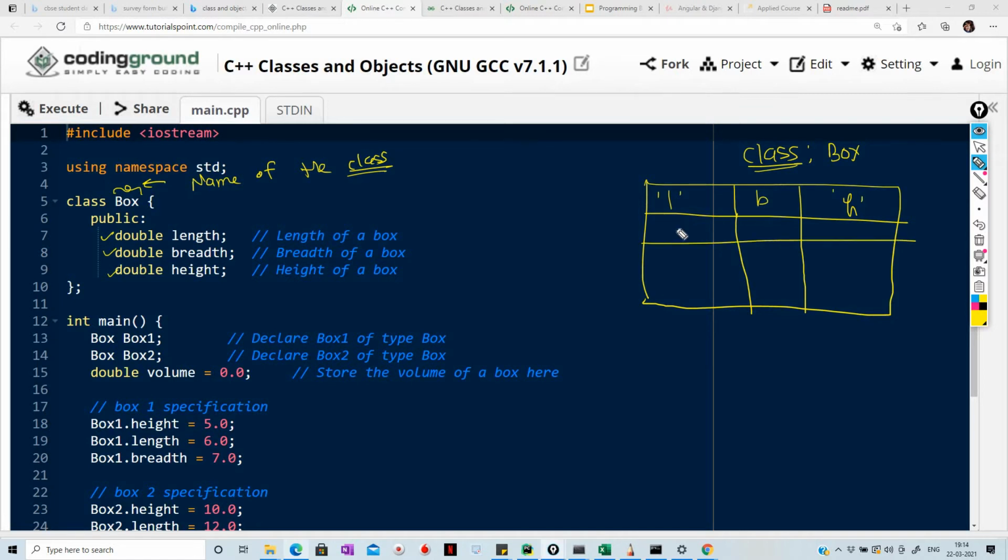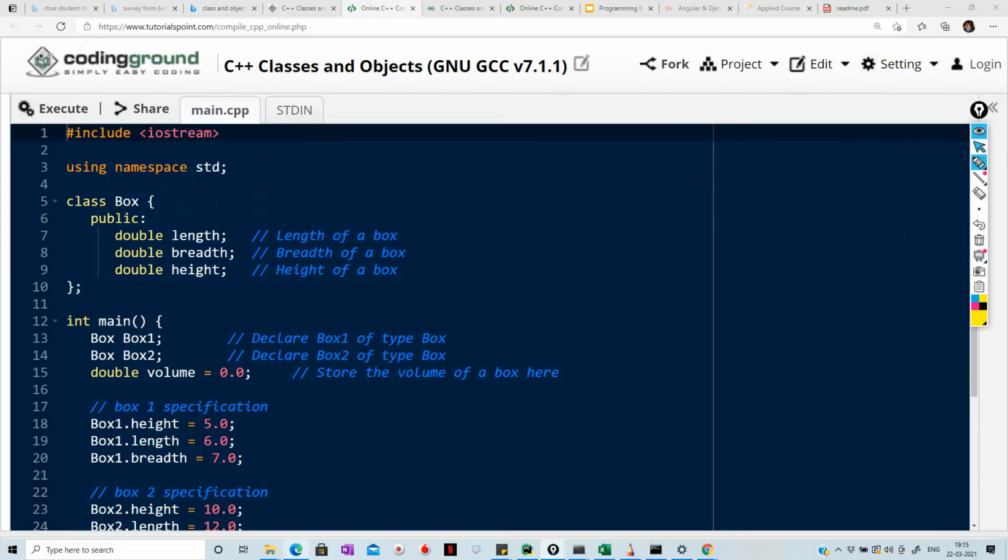Whatever data you put here, I can access it directly, because the access modifier is public. Anyone can use the value of length. I can read the value, you can think like that. So this is not protected.